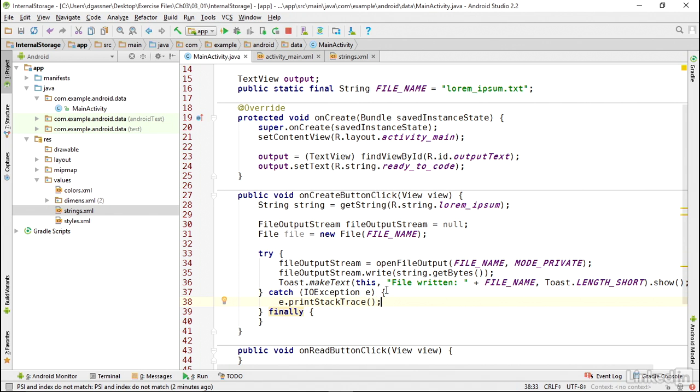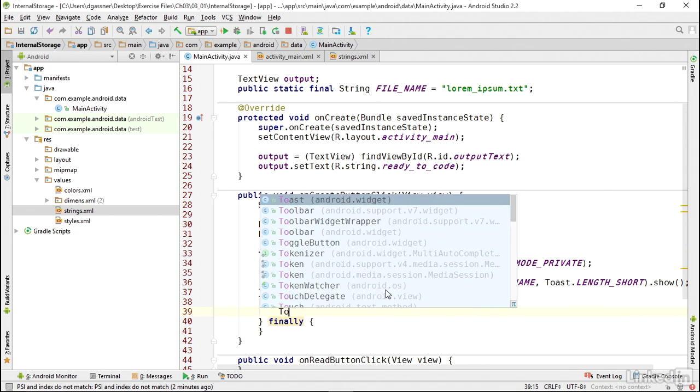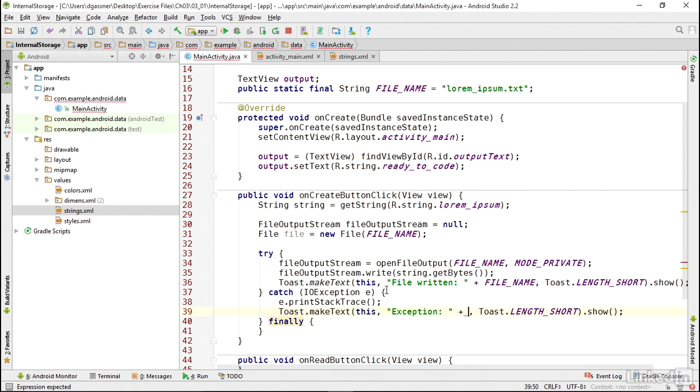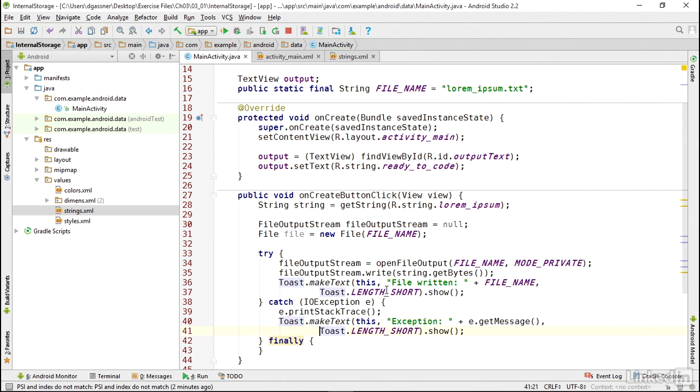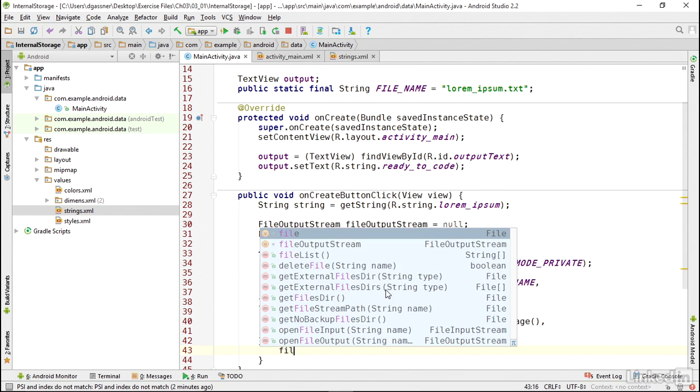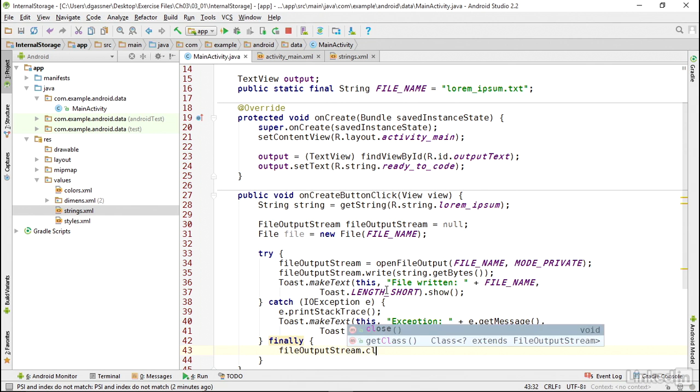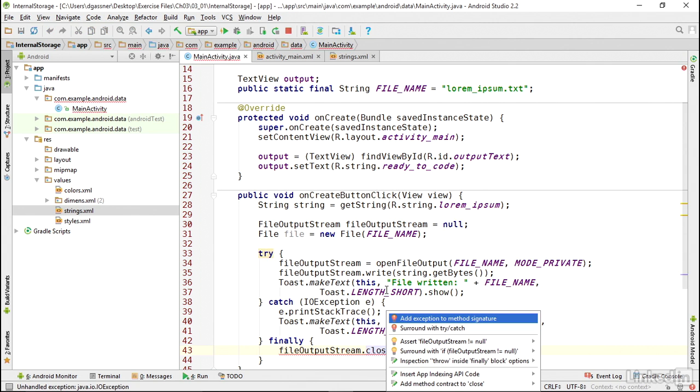Now, for this demonstration, if I get an exception, I want to see it immediately. So I'll add another toast message, and I'll display the word exception, and then I'll append e.getMessage. I'm going to add some line feeds in here to make it a little bit easier to read. And then in the finally block, I need to close that output stream. I'll call fileOutputStream.close, and I get another error indicator, and I'll solve that one by surrounding it with a try-catch